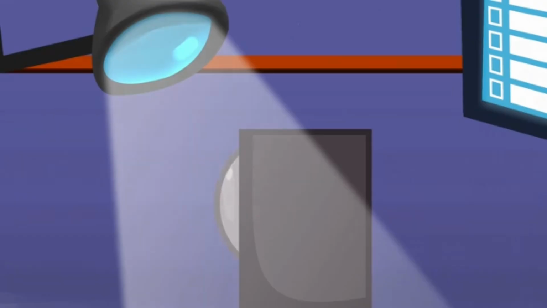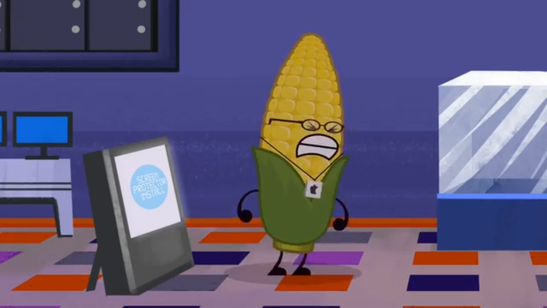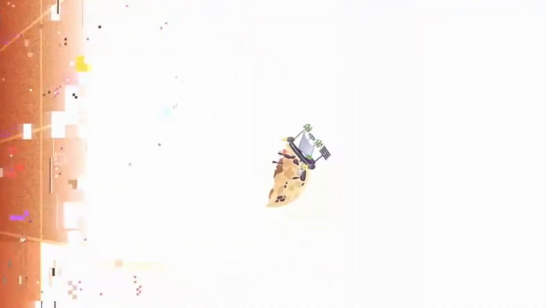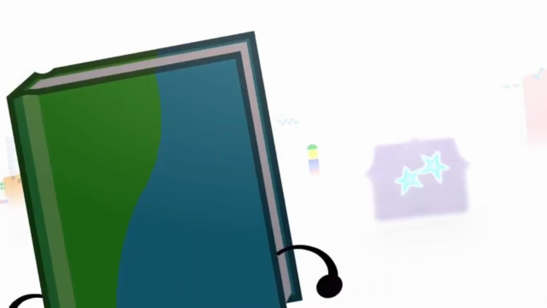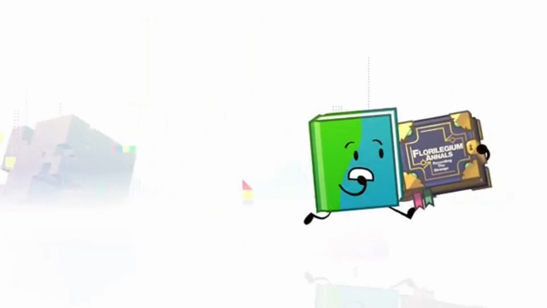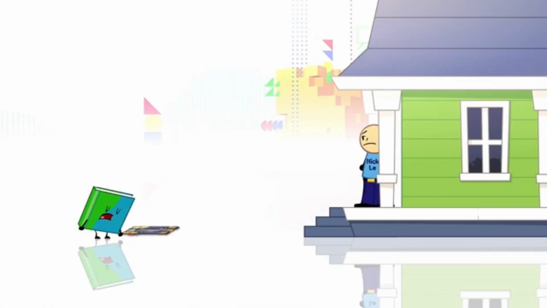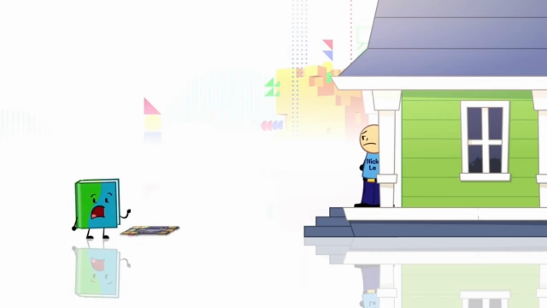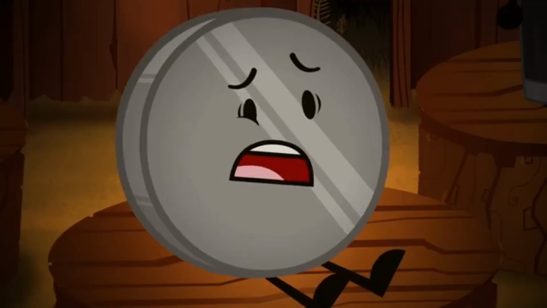Another tip is to find inspiration. Think about stuff that could inspire you, like watching other object show creators or just watching your favorite series. For example, Battle for Dream Island was inspired by Total Drama Island, and that basically inspired other object shows. You have to find your inspiration for your object show, and it doesn't even have to be from other object shows. Inspiration is something that's magical, and you could find it anywhere.